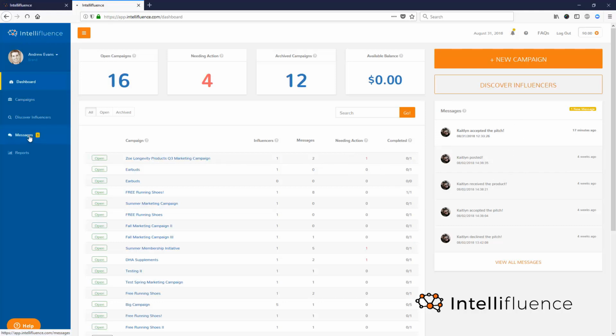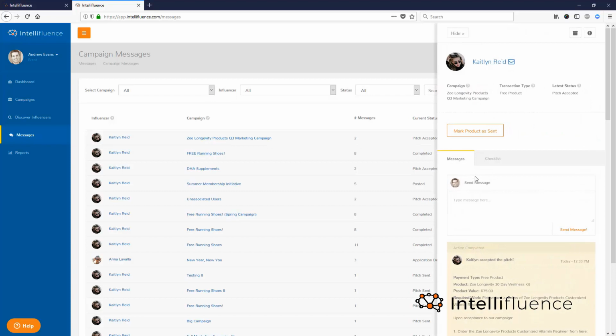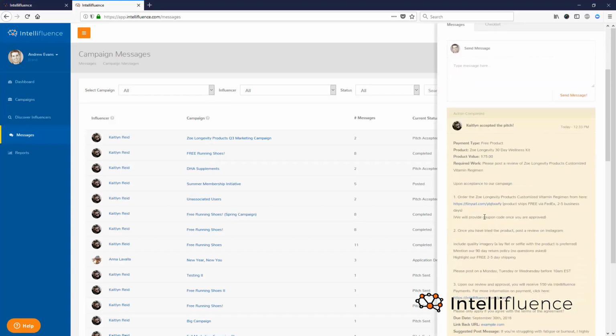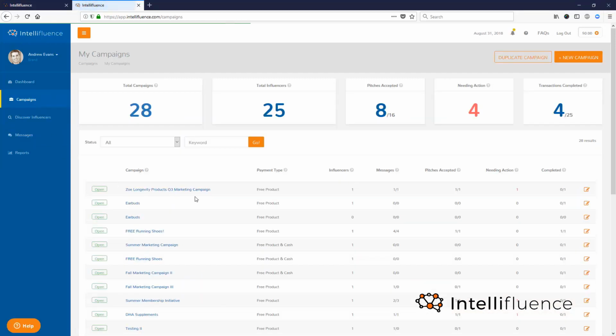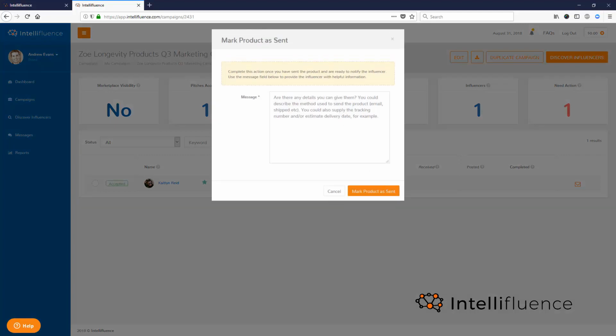You'll see the message. You can pop over here into the message section and you'll see that the pitch has been accepted. And so you can either click here directly to go to the message thread to mark the product as sent when you're ready to send it, or we'll also take a look at the campaign view just to give you an overview of the transaction flow. So the transaction has been kicked off, and once the pitch is accepted, there'll be 4 more steps to complete the transaction. They accepted, so now it's time for you to send the product and or cash, and you're going to give them all the pertinent details here